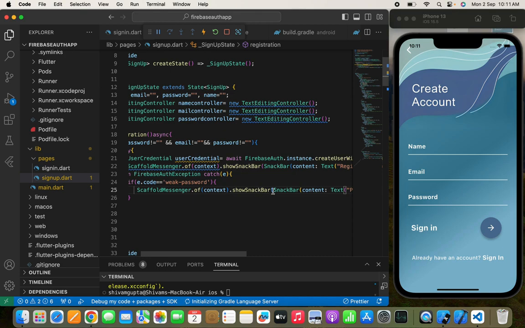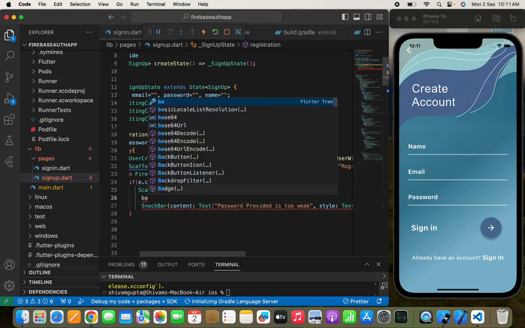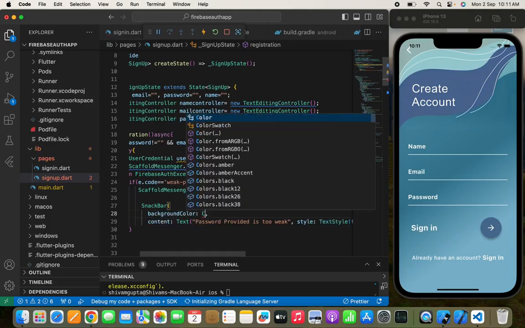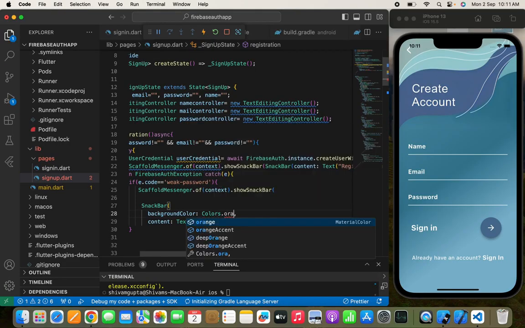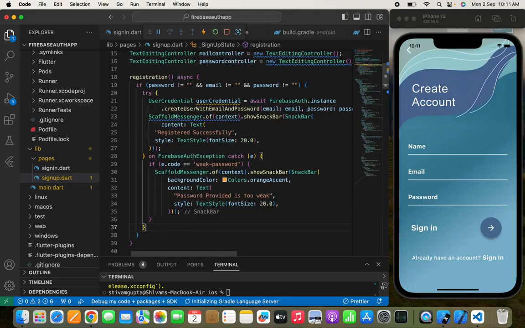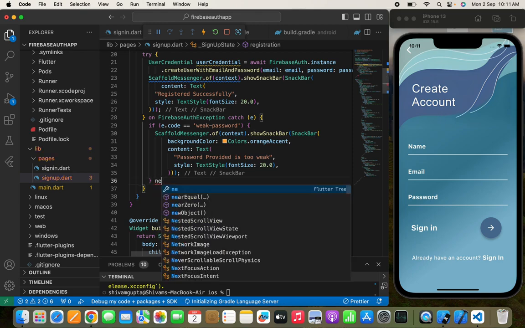And if you want, you can change the background color. So we'll write backgroundColor, not over here. I think over here we can pass backgroundColor, which will be Colors.orangeAccent. Yeah, something like this. Now we need to pass an else if case. So this is the if case. Now we need to pass again an else if case. So we'll write else if,